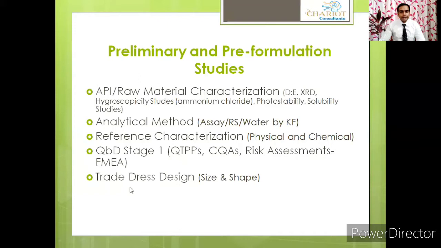And finally, the tablet design, because since you have your finished product, you should comply with the regulatory agencies also, because regulatory agencies ask you to follow the size and shape guideline, which is available on the US FDA site. So it's very stringent. Otherwise, if you are not following the size and shape guideline, then your product cannot be approved in that case.